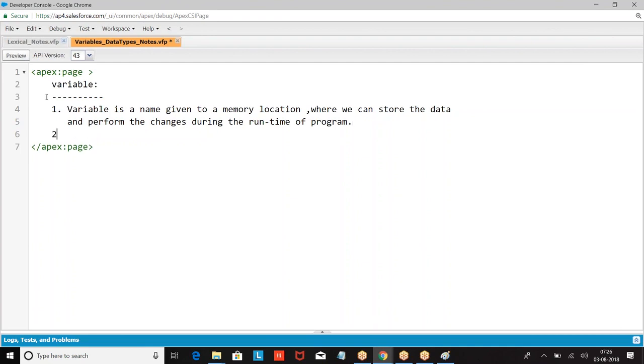Now, all the variable names are defined using lower camel case. Example.